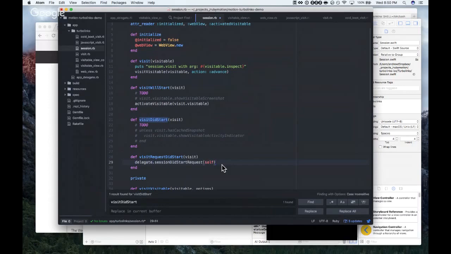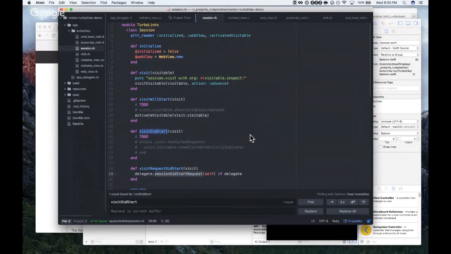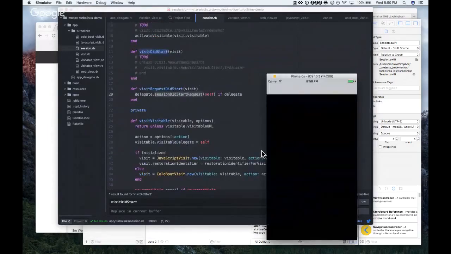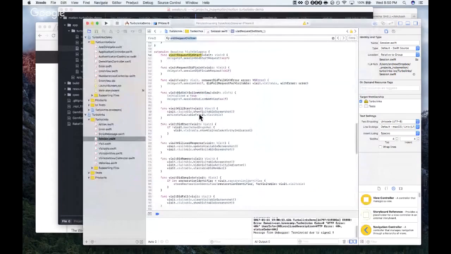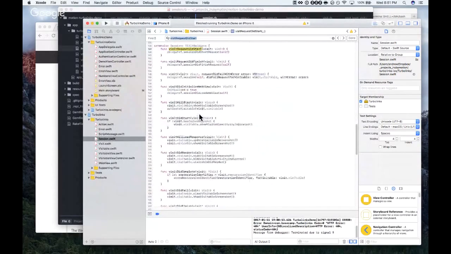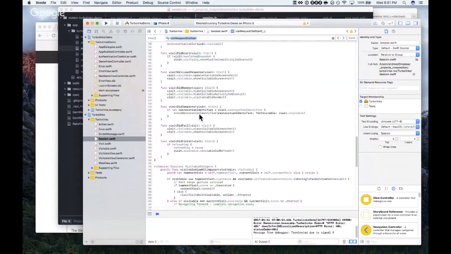This is all allowing you to set up your delegates and whatnot. Session did start request. Now the delegate in this case, wait a second, we don't even have a delegate yet. Session doesn't have a delegate, no. Or at least not yet.